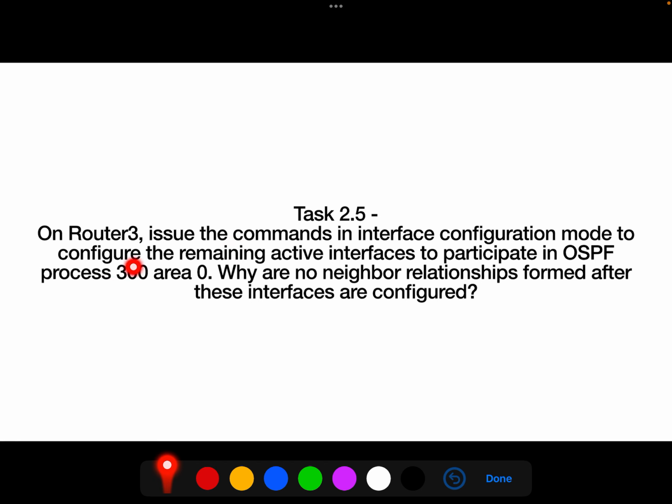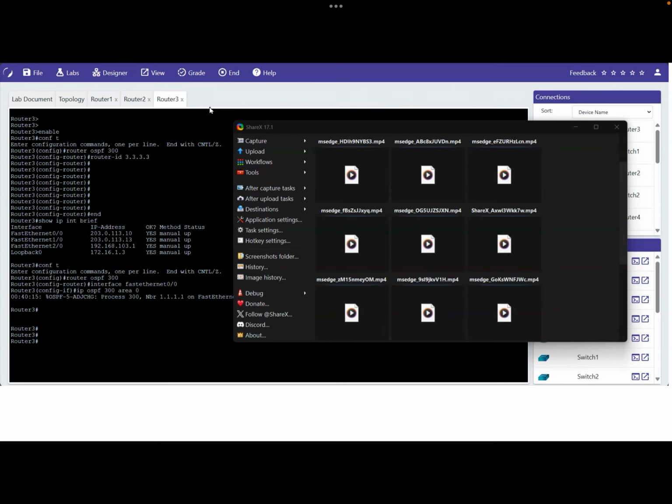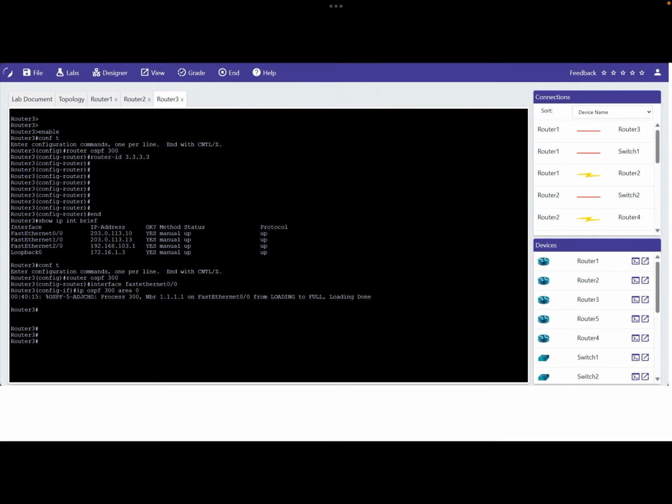It's not complicated, it's a similar process to what we did just before, but we're doing it for the rest of the interfaces. But then the second part of the question: why are no neighbor relationships formed after these interfaces are configured? Well, we'll look at that. So first let's go into the configuration of all the other interfaces. Look, we've got 4 interfaces here. Fast Ethernet 0/0 has already been configured, so we need to do the same now for Fast Ethernet 1/0, 2/0